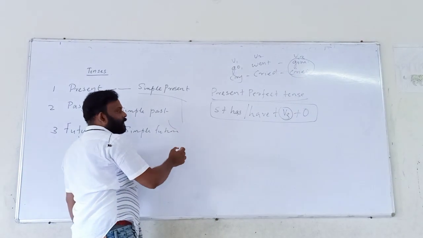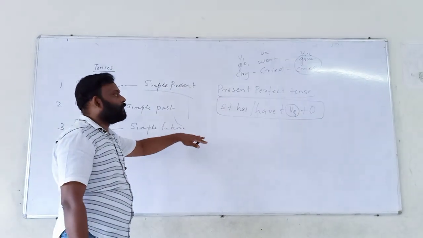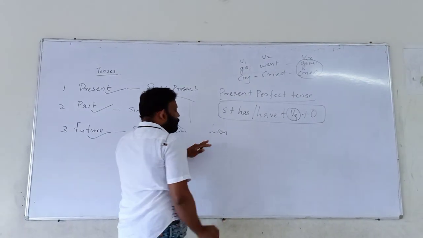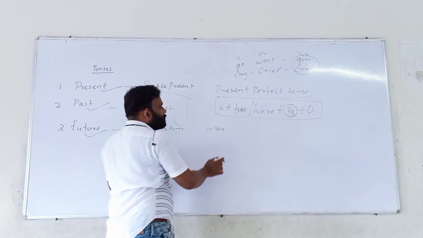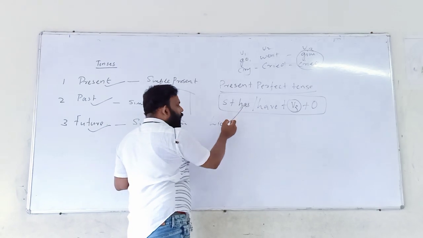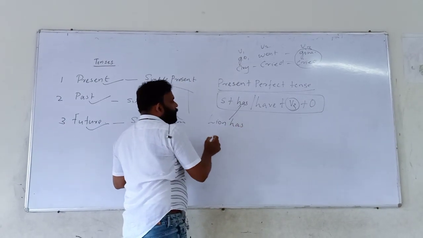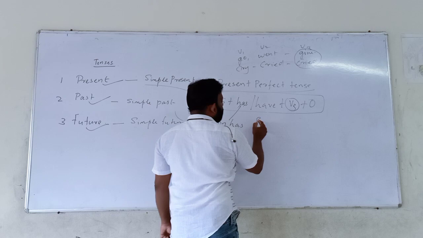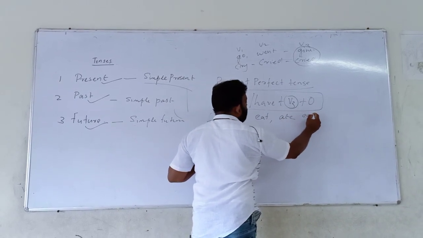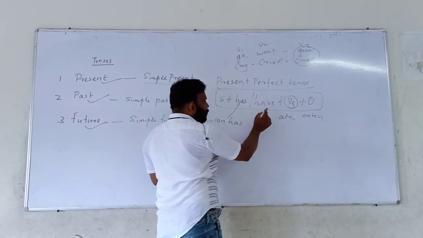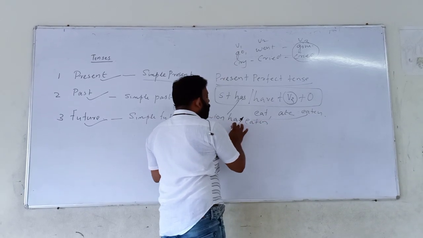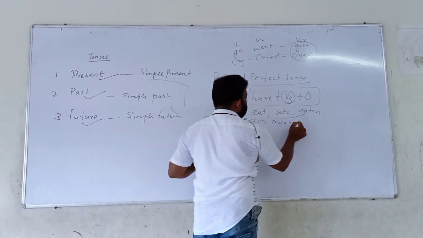So do remember our first sentence, lion eats meat. The same sentence now we will convert into present perfect tense. If the subject is singular, then take the singular has. If the subject is plural, then take have. Here I wrote lion only, so you should take has over here. Lion has. And our main verb, we know, was eat. So eat will change into ate, which is V2, and eaten, which is V3. And we have to take the V3 form only, so this word, eaten, will come here. So lion has eaten meat.